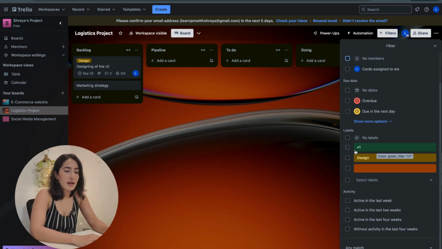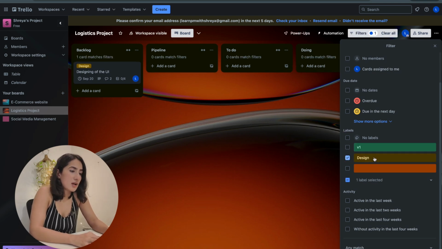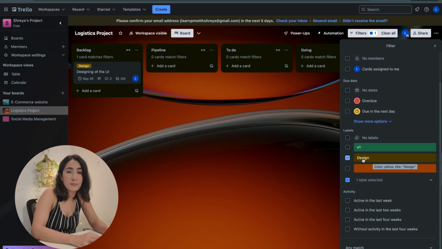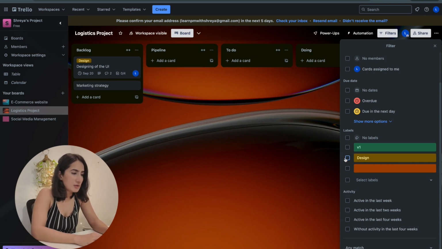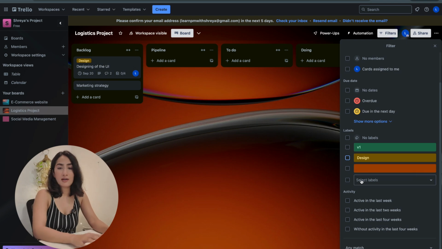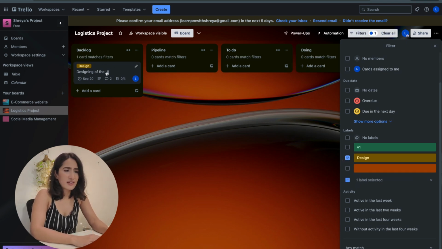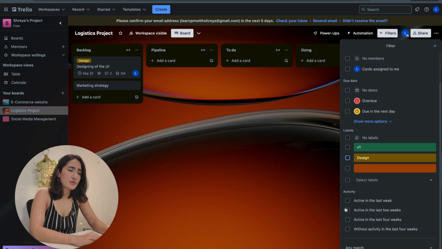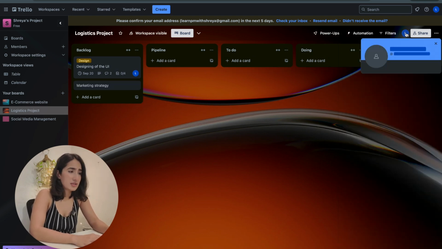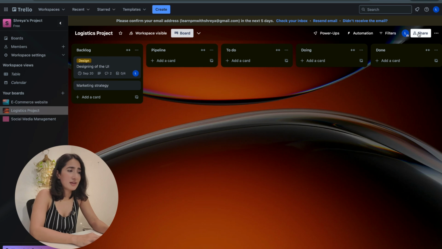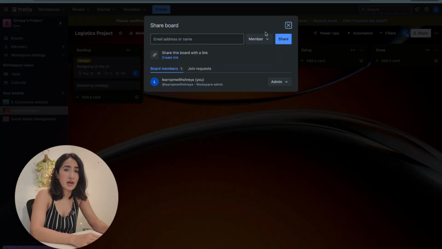Then now coming back to the labels. So labels are super helpful because you are able to again filter by the labels as well. So let's say I want to see only the design and development cards, and then I'm able to only filter those labels and see the cards that are there for this certain team. So that's on the filters, and finally you're able to see your own profile, and you're also able to share this board with another team member if you want to add them, or even have a link to it if you want to share this link with other team members.